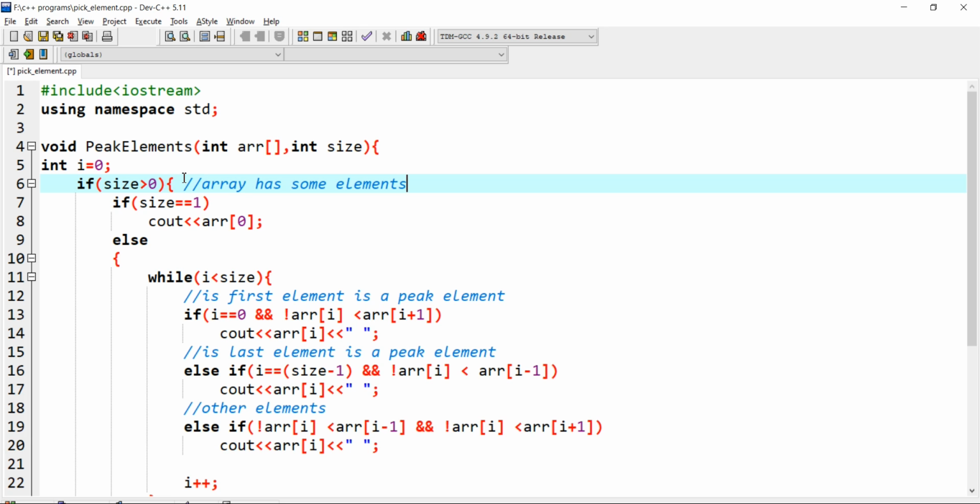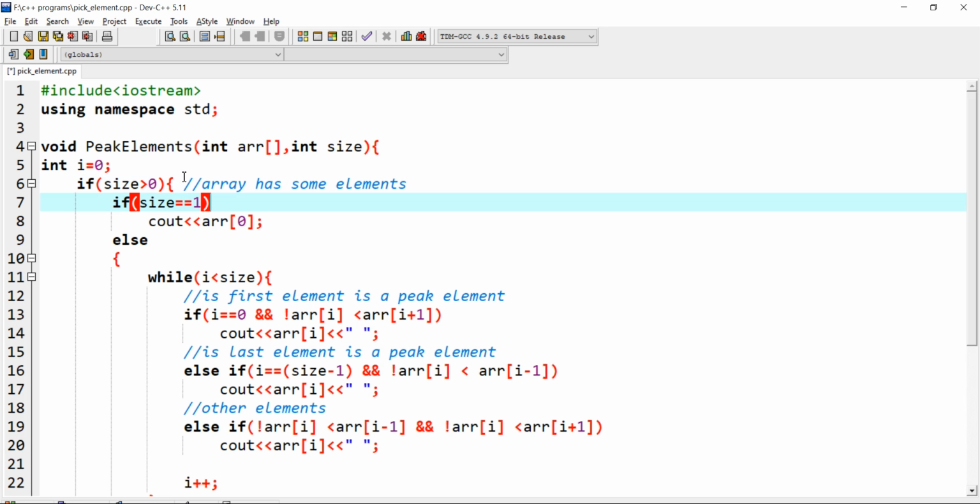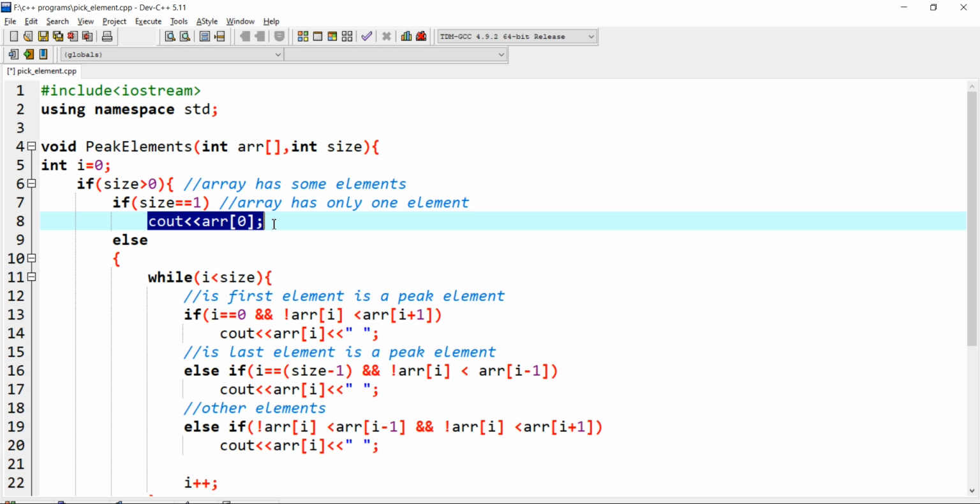Now if the size of the array is 1, which means the array has only one element, in this case cout arr[i], which basically means arr[0]. It has only one value, and ultimately that value will be considered a peak element. So I have clearly written cout arr[0].